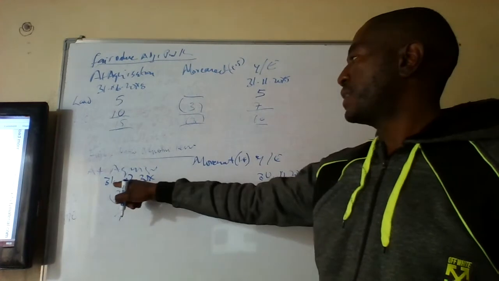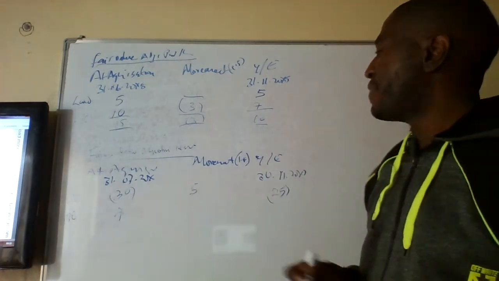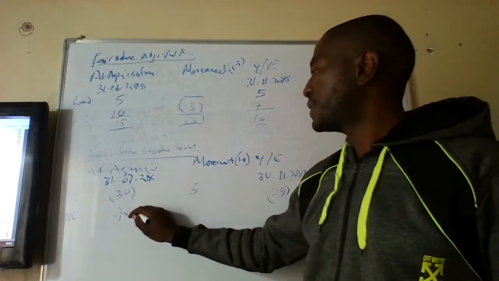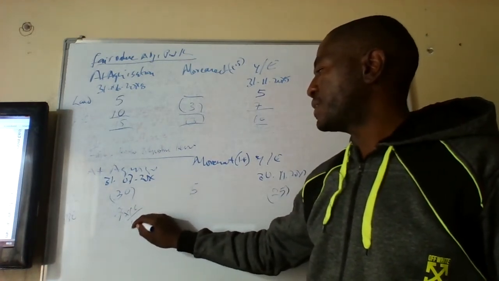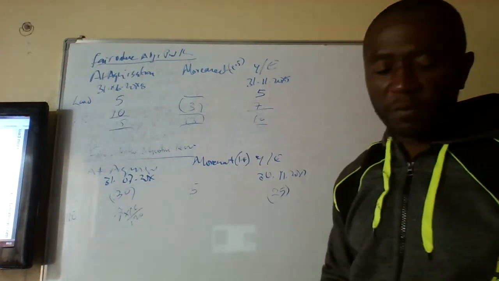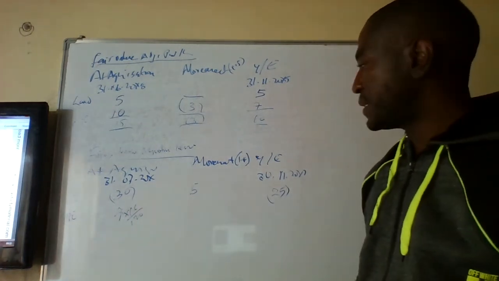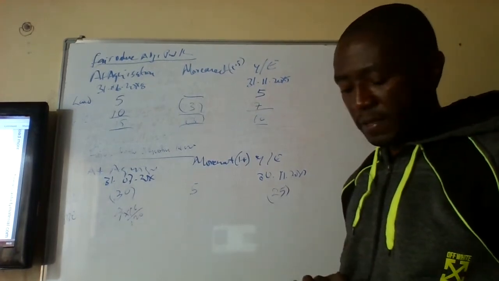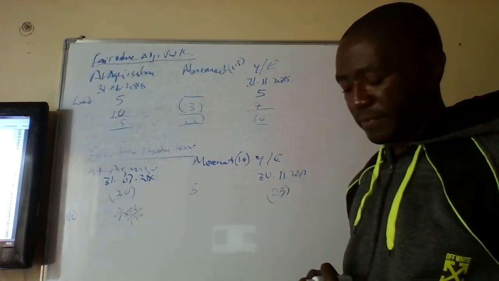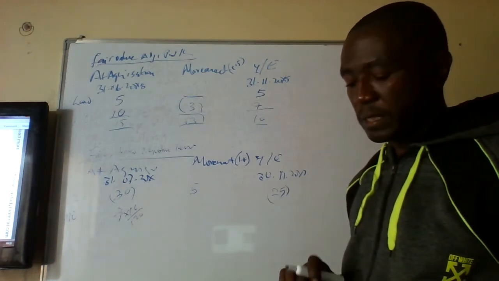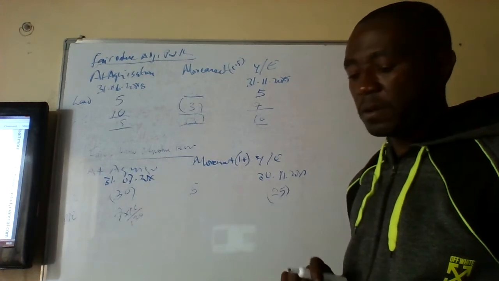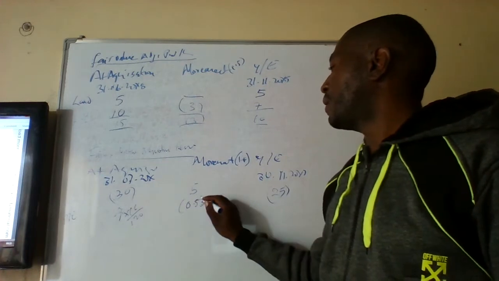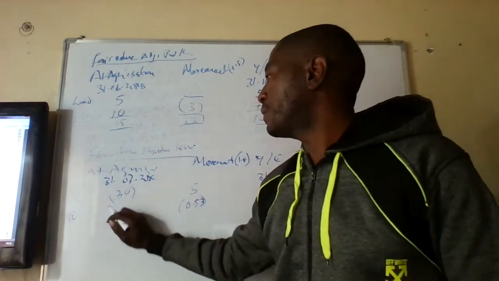So this period, 31st August to 8 November is only 4 months. In terms of months, it's 1 year, 12 plus 4 is 16. Over 10 years, 10 times 12 is 120. So that when you say 4 multiply by 16 over 120, in terms of depreciation, it's 0.53. Okay, that is your depreciation of